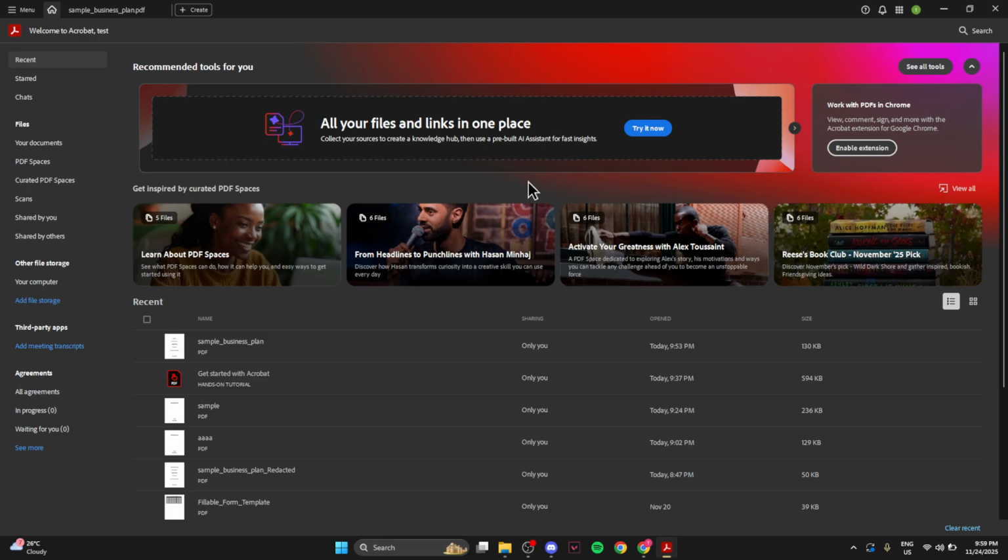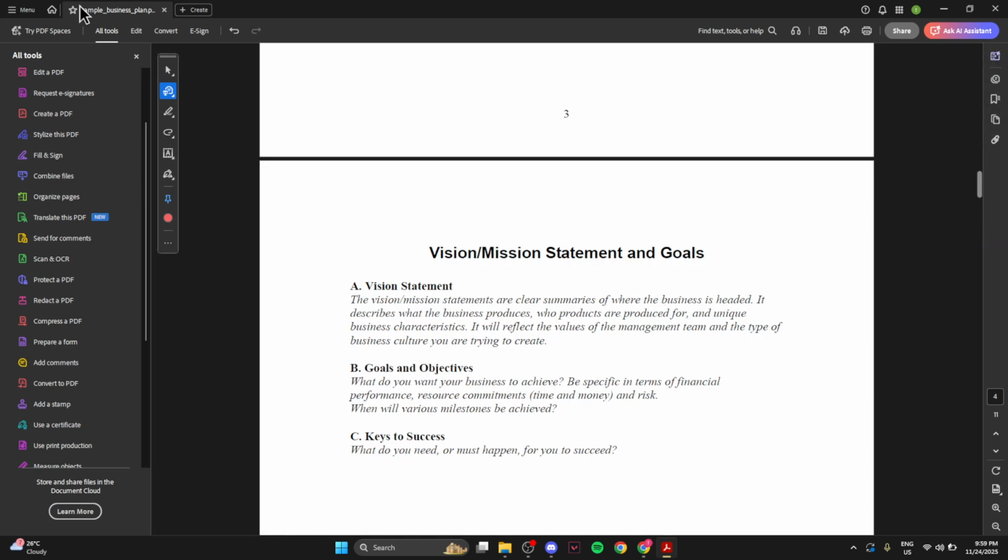through the process. First things first, go ahead and launch Adobe Acrobat on your computer. This powerful software not only allows you to view PDFs, but also to edit and annotate them as required. Once it's up and running, you'll need to open the PDF file that you wish to annotate. Navigate to the location of your file on your computer and load it into Adobe Acrobat, where your main editing